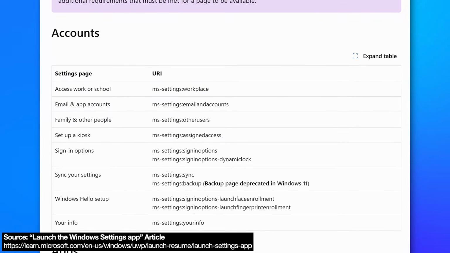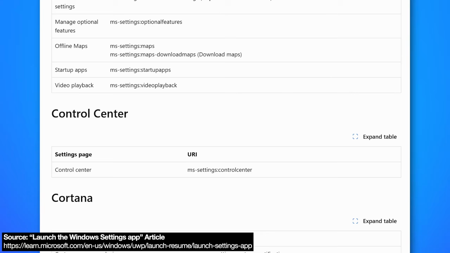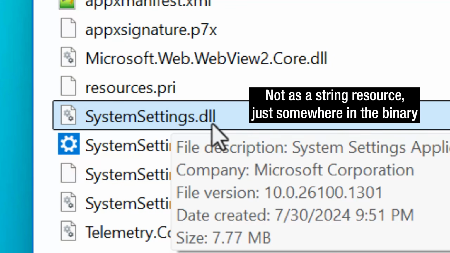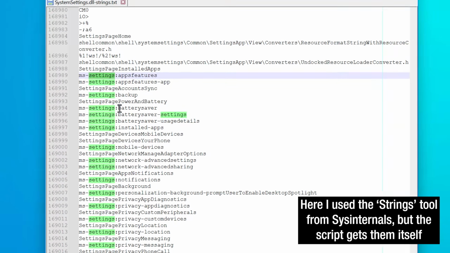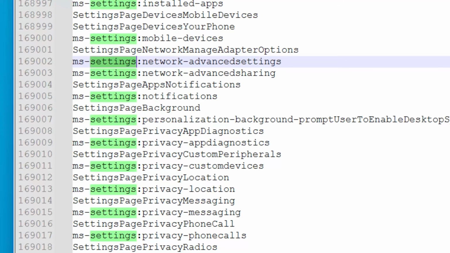As for the system settings URLs, these don't seem to be documented within Windows itself anywhere. Microsoft does have a page listing all these, but again, I wanted to get it from within Windows itself, and fortunately there is a way to do that. And that is that they are embedded in systemsettings.dll as strings. And conveniently, they're stored as the full string. So I literally could just search for a pattern of like ms-settings and then whatever comes after that, and then basically just filter for those.